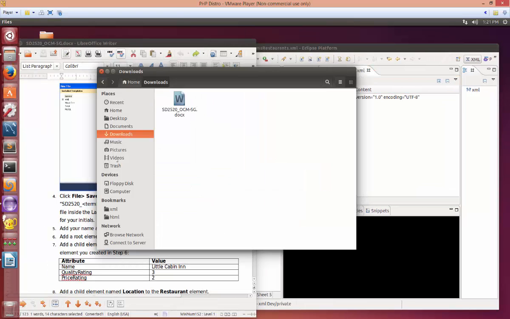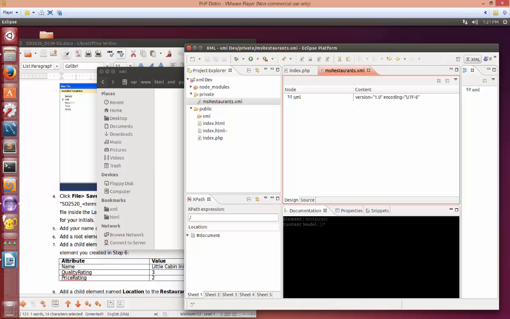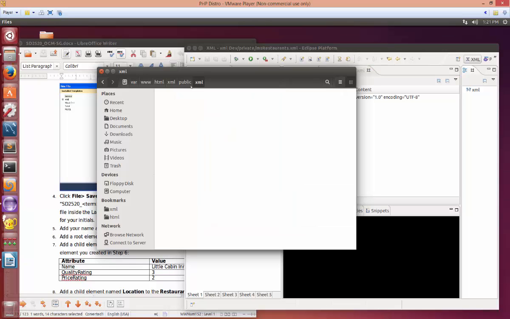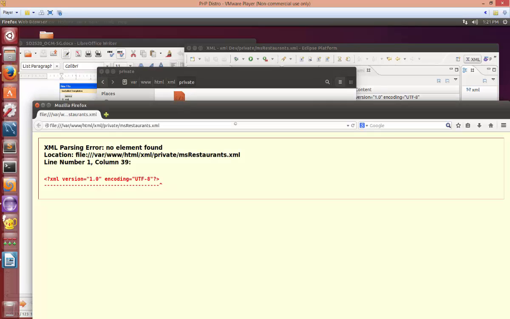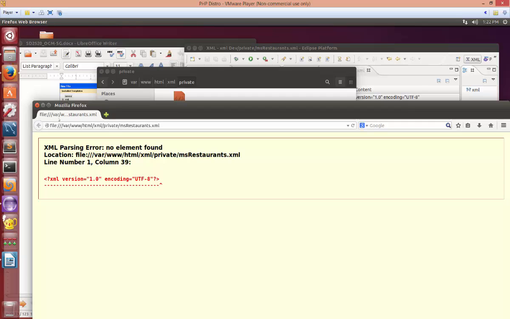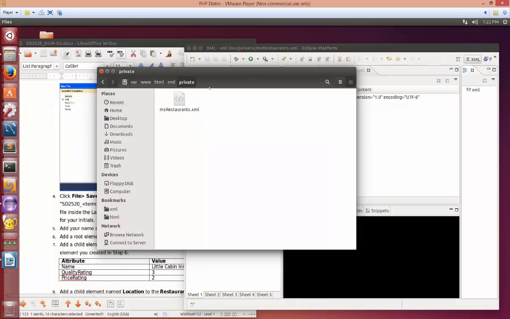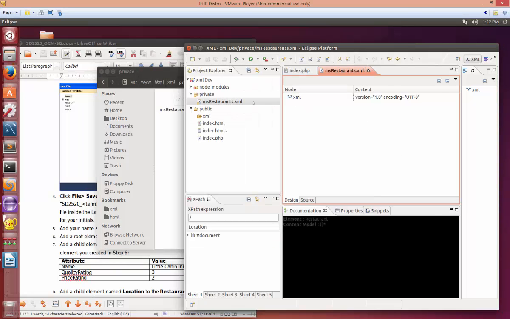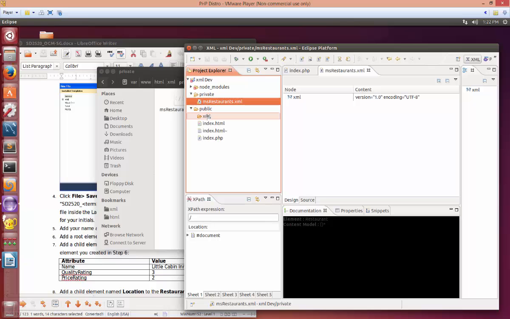Back to my file explorer, go to XML, inside of public, inside of XML. I haven't saved it. Or have I? Excuse me, that's under private. Right here. And it doesn't like it so far, but that's okay. We would hardly be surprised about that. But we are going to want to actually cut this out of here. Actually, right here, we can just grab it and pull it into the public directory,